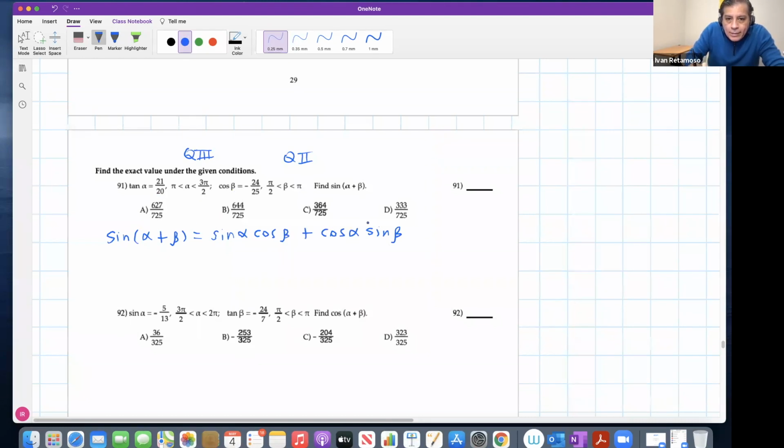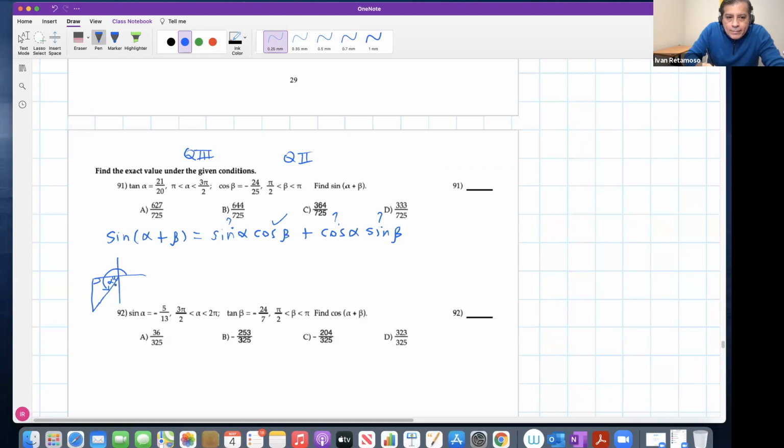I have cosine of beta, right? This guy I have. I don't have this guy. I don't have this guy. I don't have this guy. We'll have to find them, right? But not a problem because they're telling you where alpha is. Alpha is between pi and 3 pi over 2. Alpha is somewhere here, right? On that third quadrant. Put it there and work with the